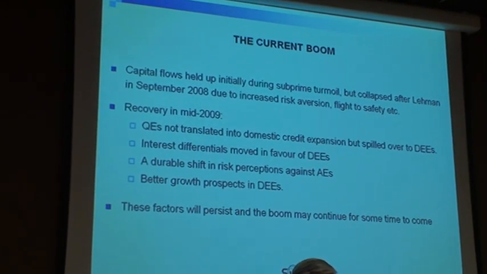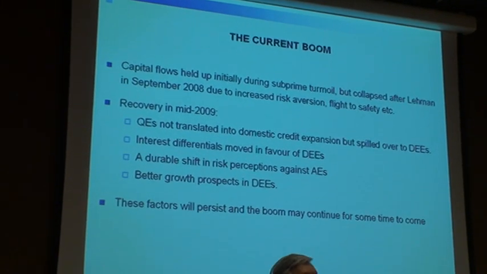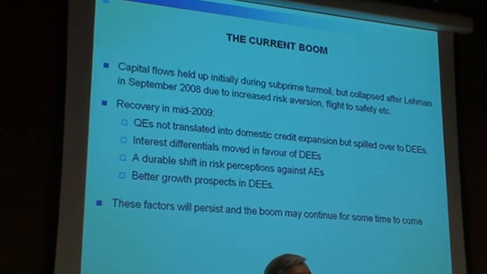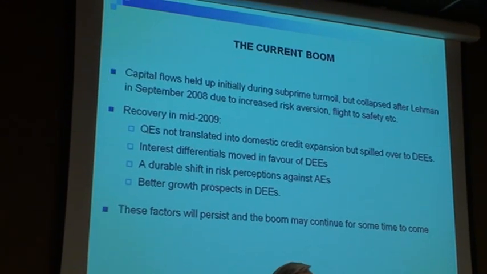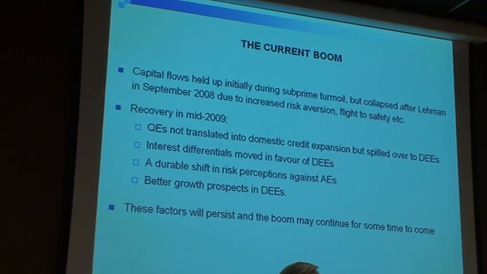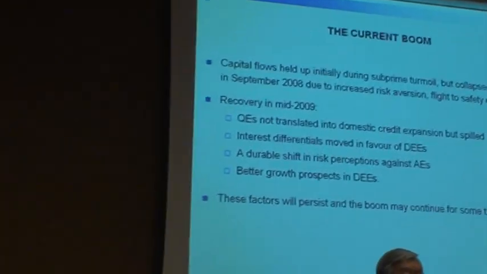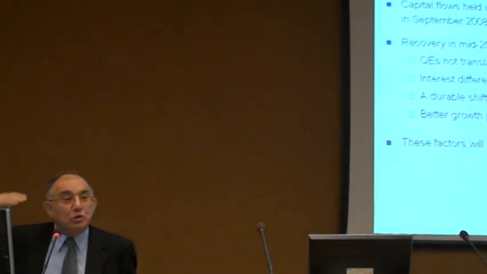And the reason was that the crisis was taken very lightly. There was still plenty of liquidity in the market. Interest rates were low. Developing countries were expected to decouple from the crisis. So despite the fact that the crisis was known, the capital flows continued going into developing countries until the collapse